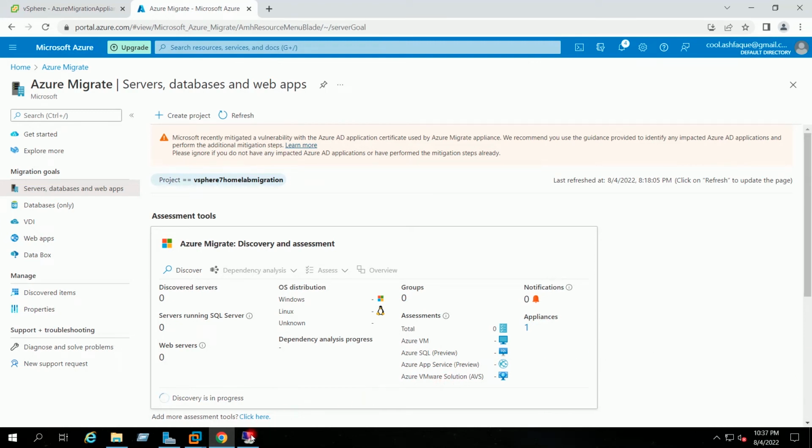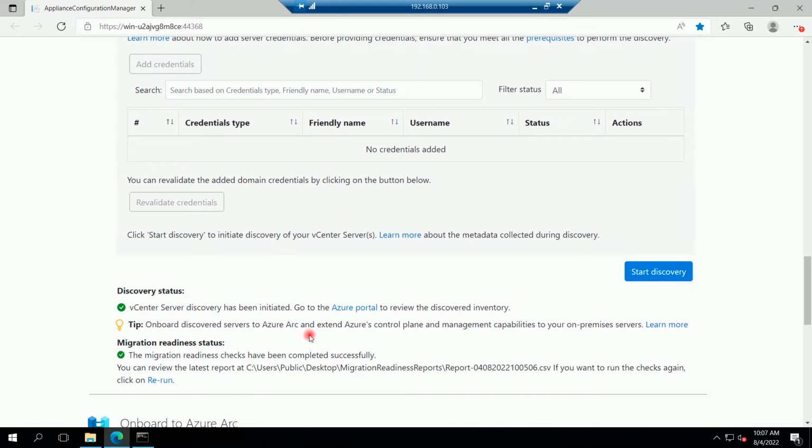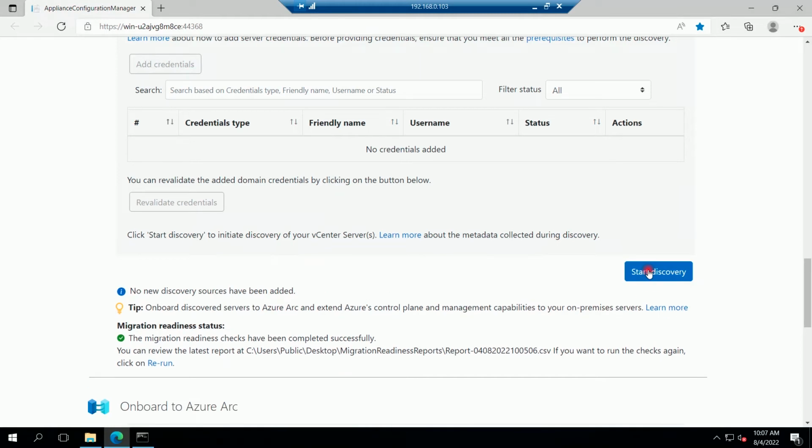If I go to RDP of the appliance and if I click on start discovery, message is coming, no new discovery source have been added, which means on the appliance side discovery has been completed.